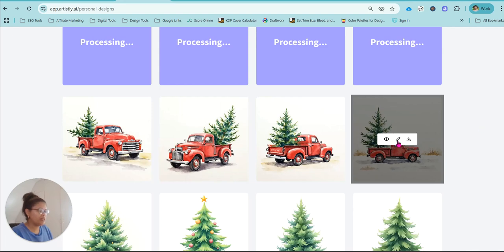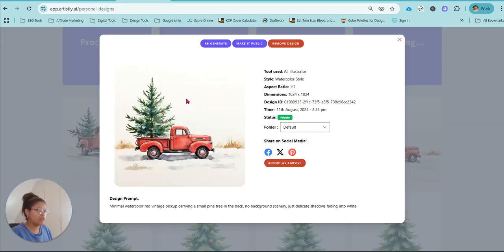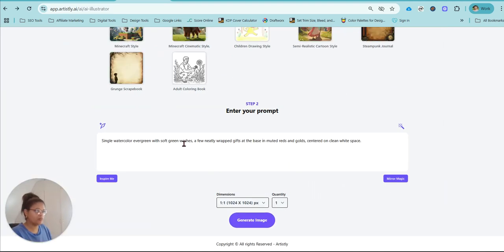I wonder how we can use this. I like this, but it also has the background. If I background remove, it might just